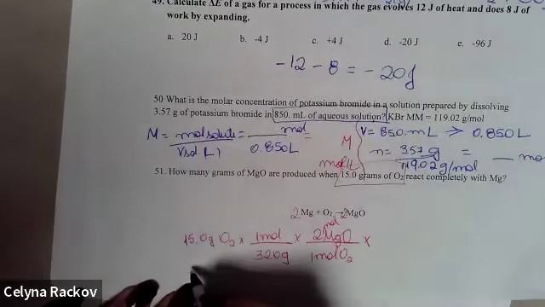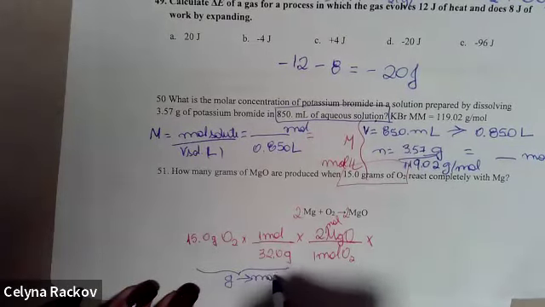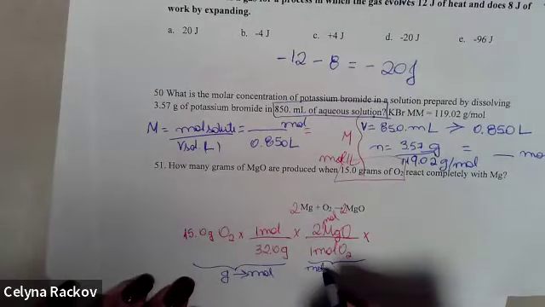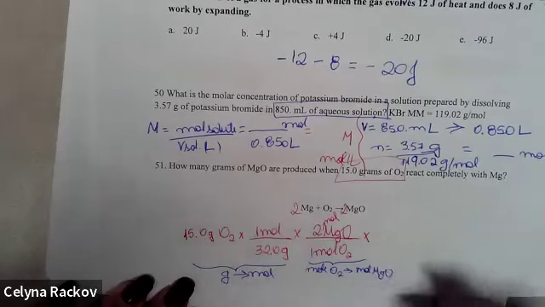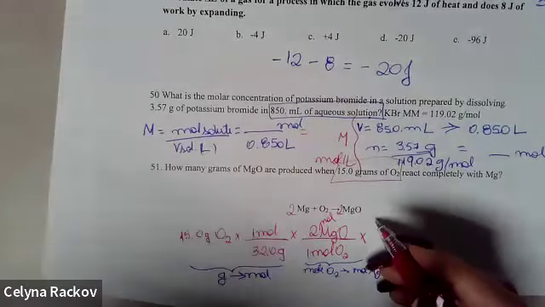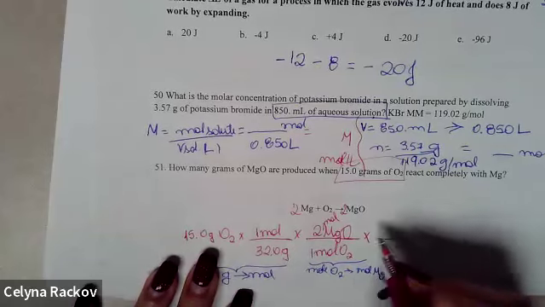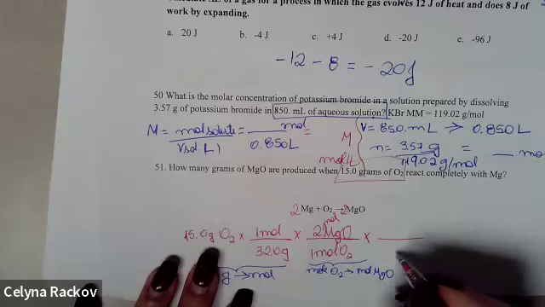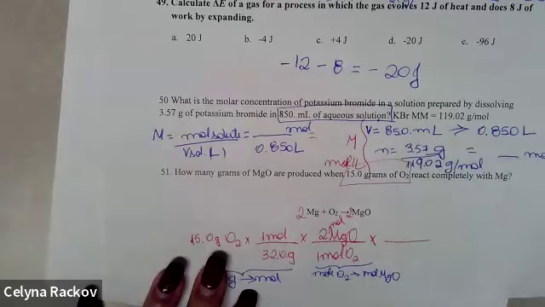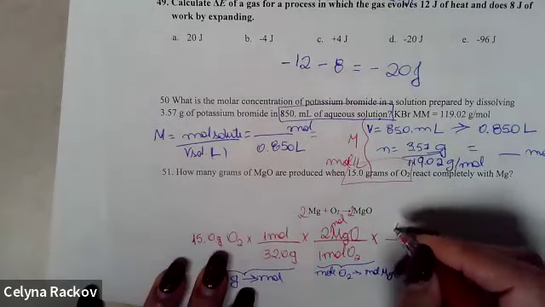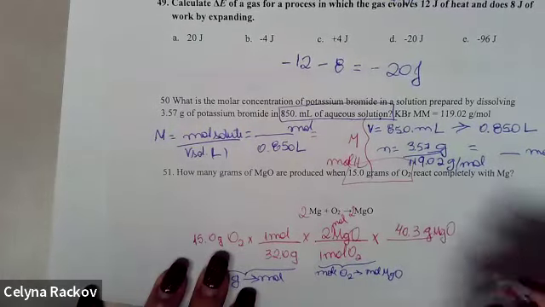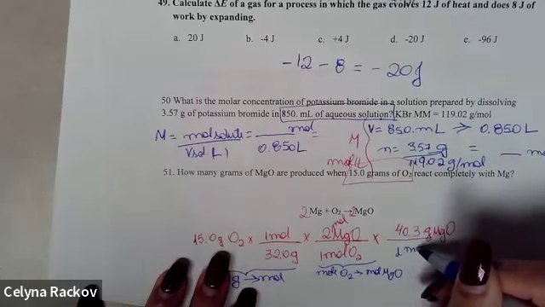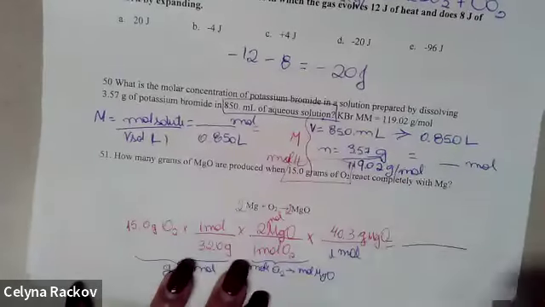So now this step here is from grams to moles, right? This step here is from moles of one substance to another. So from moles of O2 to moles of magnesium oxide. Then you need to convert it from moles to grams, you multiply by the molar mass. What's the molar mass of magnesium oxide? So magnesium is 24.3, oxygen is 16, so we're gonna be around 40.3 grams of magnesium oxide. So each 1 mole of magnesium oxide has this amount in grams. And you are done here, your answer should be in grams